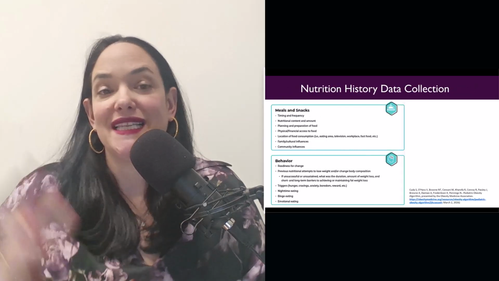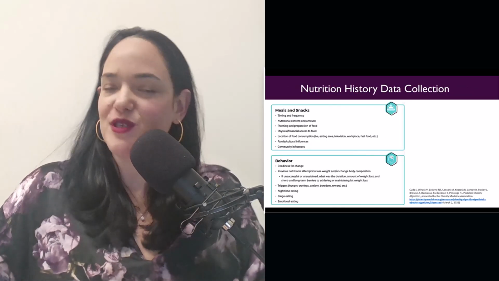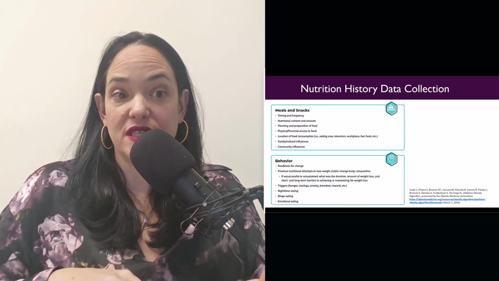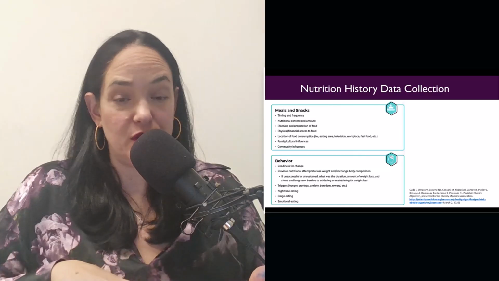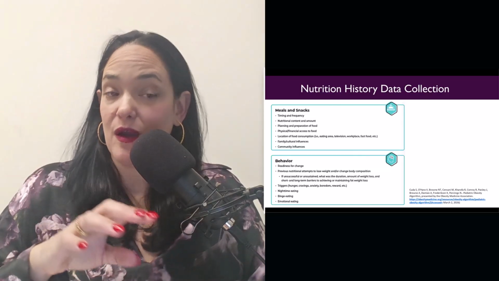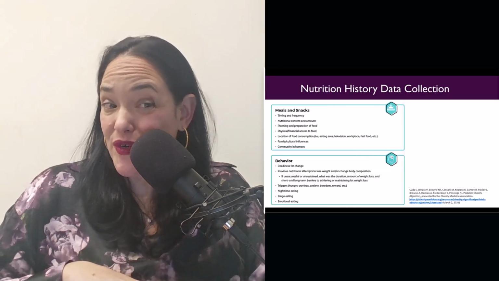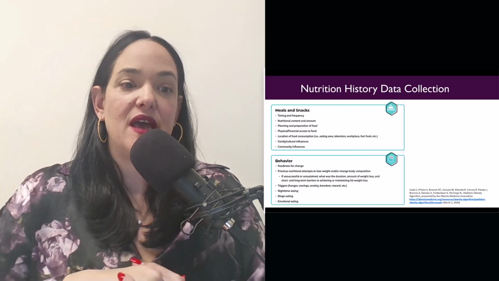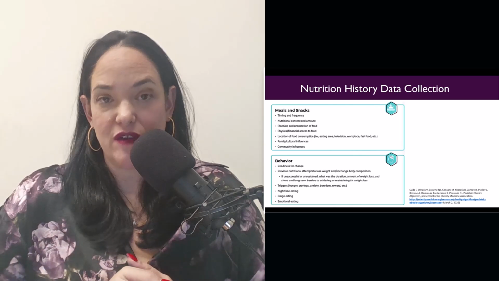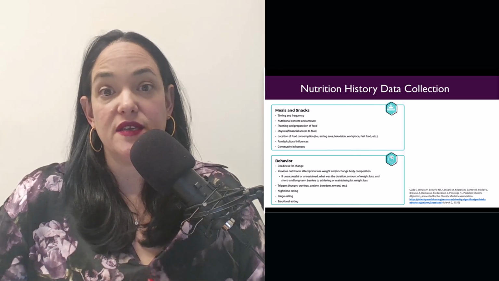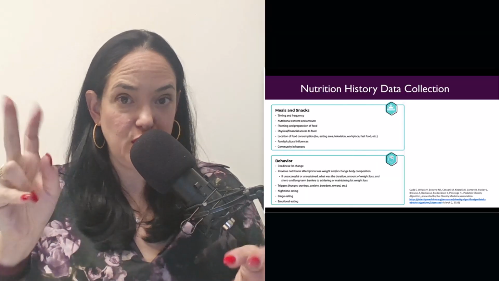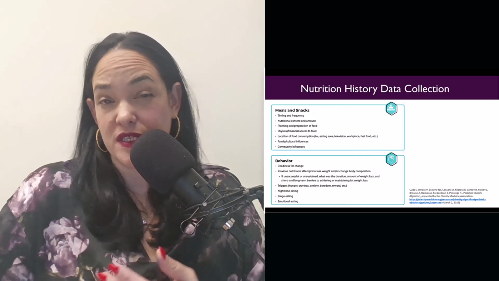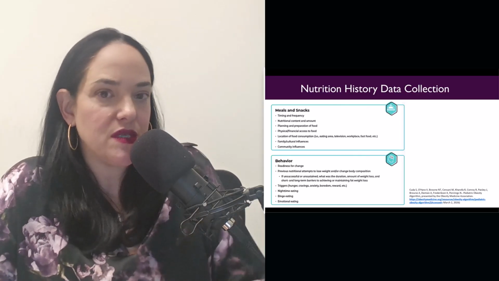And then as far as collecting data on someone's diet, depending on how much time you have with them, you can collect data not just on what someone's eating, but also on who's cooking food, how they're planning for it, what their access to food is, where they're eating, how their family or culture is influencing their nutrition habits, and then other behaviors that might be worth screening for, again, depending on your scope of practice, is readiness for change, what else they've done to lose weight in the past, and what barriers have come out of that, or what successes have come out of that you can use to build on.